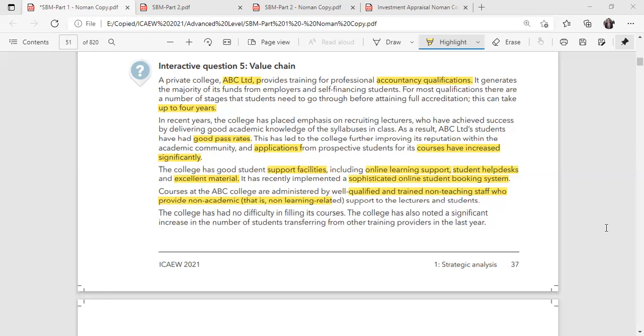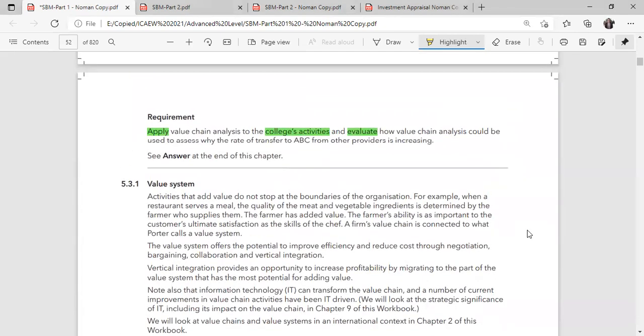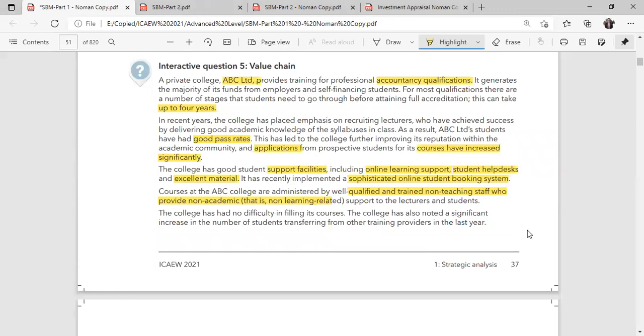But as we can see, we have very limited data, obviously, because it's just a small example from some of our learning points. So most of the discussion is through ABC, but as we can see, our data is limited. But if we talk about primary activities, we have 5 activities: inbound logistics, operations, outbound logistics, marketing and sales, and services. And in support activities, we have procurement, technology, HRM, and infrastructure.